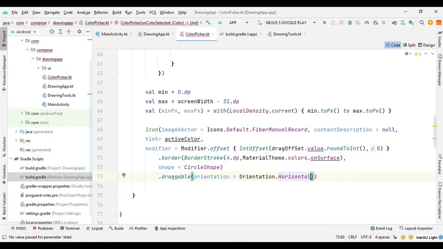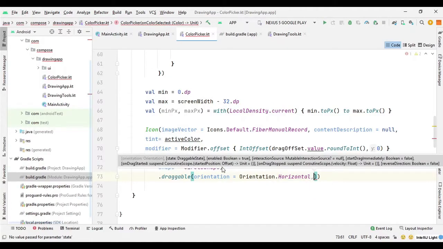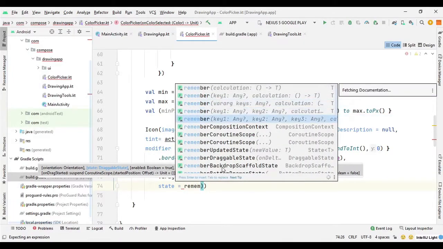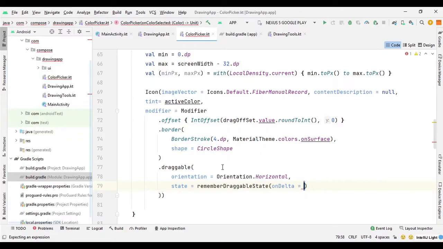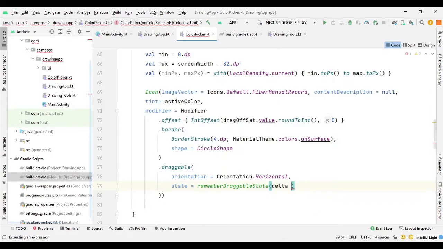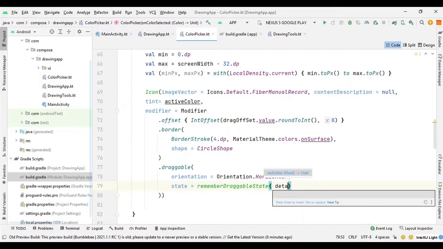Then we want to preserve the value of this drag so it can move forward and backward in its range. So for that we need to create a state. So we will say state, and here we need to create a rememberable draggable state function. So we will say remember draggable state, and here we need to create a variable for the delta value. So we will just say delta followed by arrow function. We need the curly braces to create the delta variable, so we will remove this, and then we will say delta